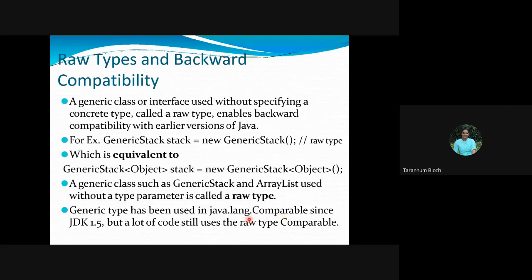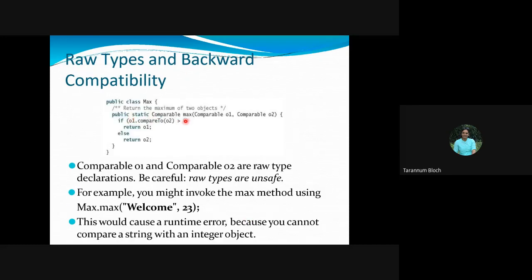In the last unit, I guess we have gone through it. Comparable interface has a method compareTo. CompareTo is the method of the Comparable interface. What we have done over here is it will return the maximum object, the object having the maximum value. Now you see here, we have public class Max, public static Comparable max, and we compare two objects, comparable1 and comparable2.